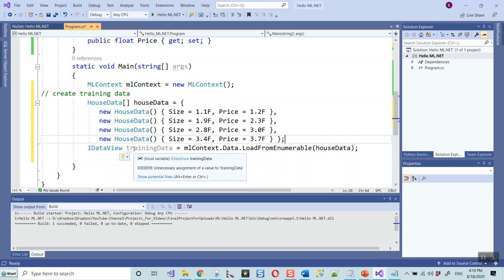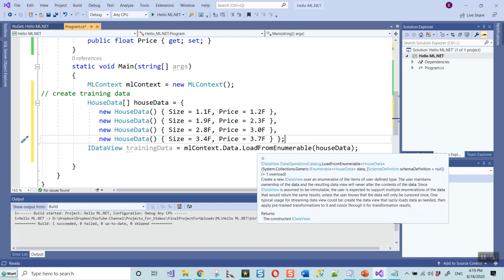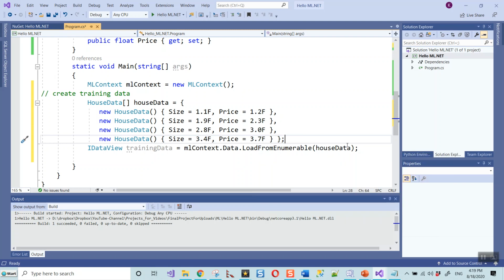I call this training data, and this comes from the MLContext.Data.LoadFromEnumerable. This is the method that is getting the house data array, the house data, and returns training data, which is of IDataView type.